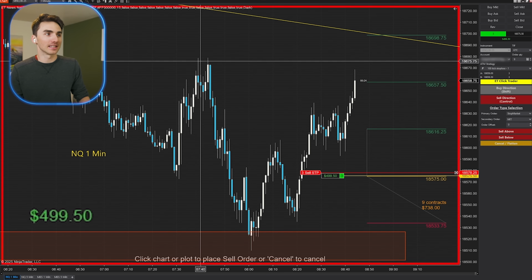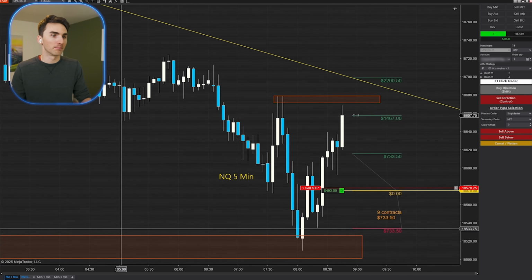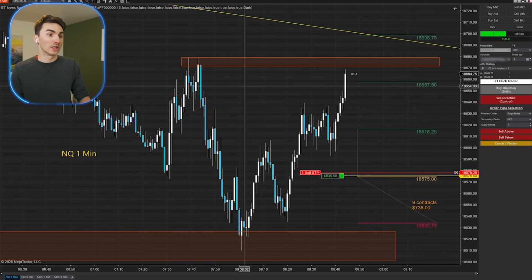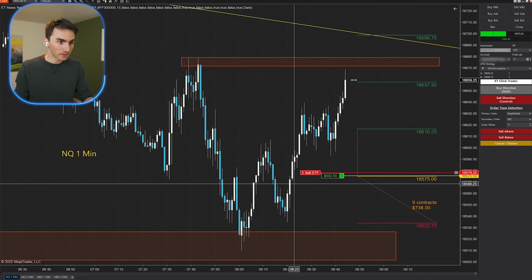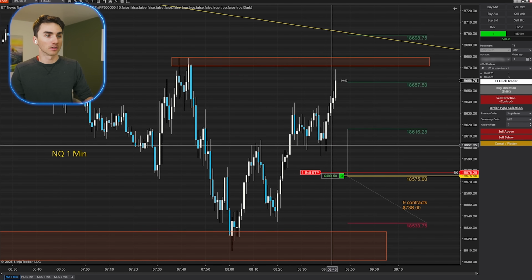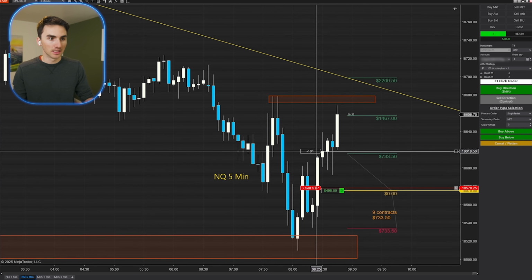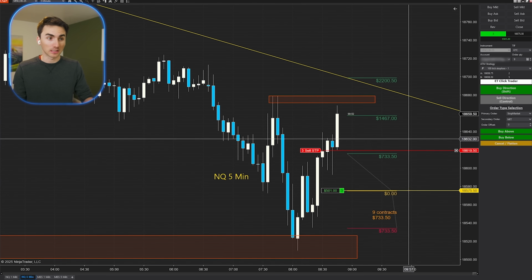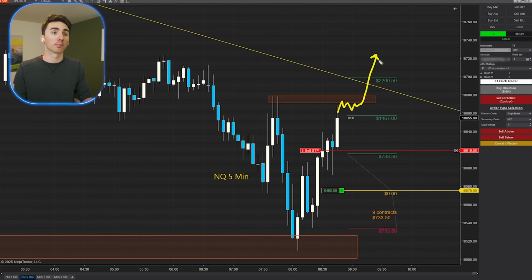My next thing is thinking, okay, are we going to continue higher? Big picture, this is a nice move up. We could run into some potential resistance up here. And for this, normally I would trail up my stop loss pretty quickly, but I want to be managing this on a 5 minute. So I think I'm going to pull it up to below this candlestick here, because I think it's either going to come up here and chop for a while and then continue higher, breaking this downtrend line and this resistance, or it's going to come up here and just sell off,